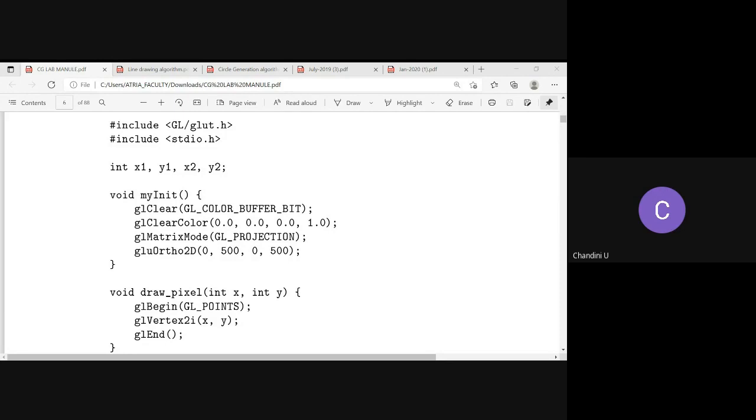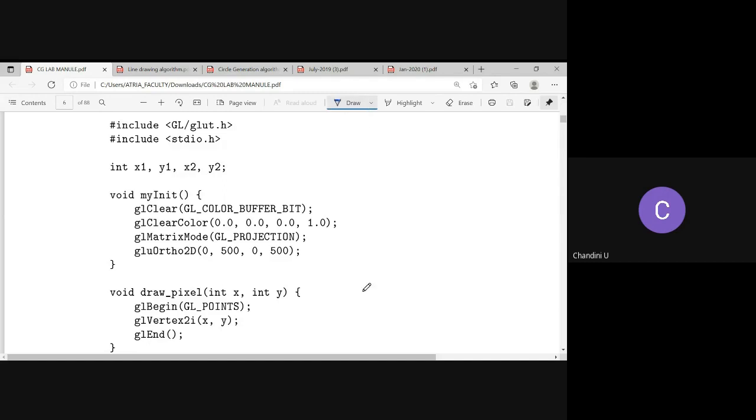Given two endpoints, we have to find the intermediate points between the two endpoints, and we need to have a straight line. That should be our output, right? So we have to give the two endpoints to the system as input, right? So those 4 points, or we call it coordinates x1, y1, x2, y2, you can store in four variables, say x1, y1, x2, y2.